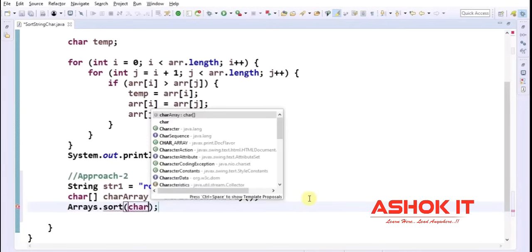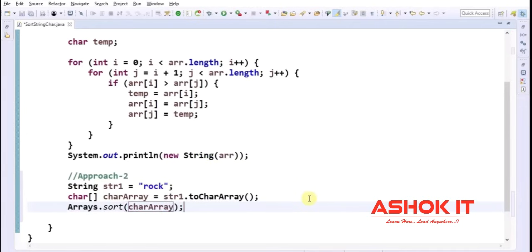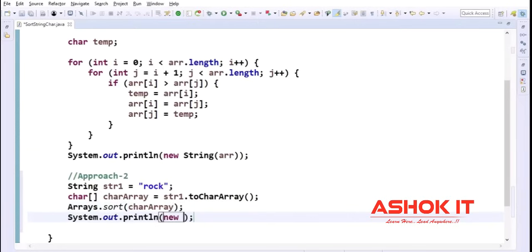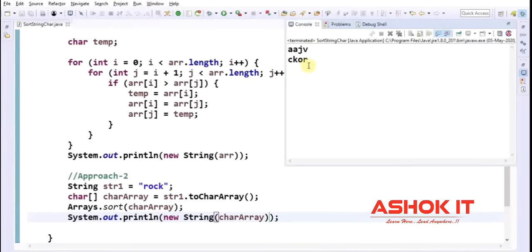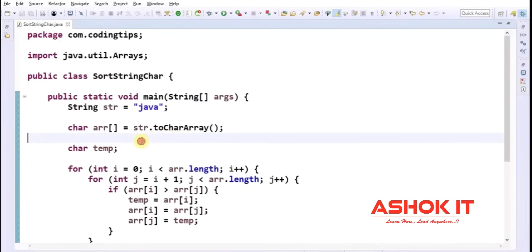Arrays.sort. Arrays is a predefined class available. In that we have a static method called sort. Now let's print System.out.println new String of this character array which is sorted. Now let's execute this. Rock is sorted to CKOR. So this is approach 1